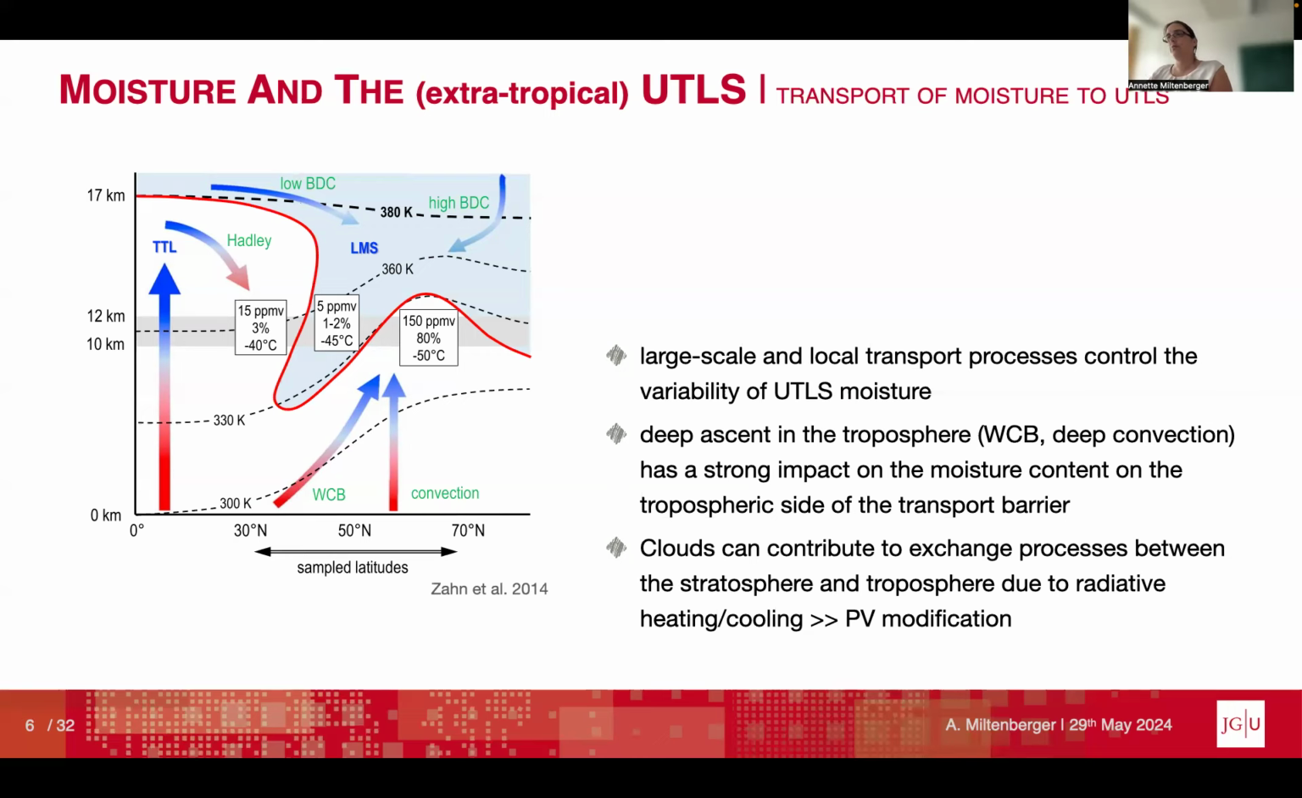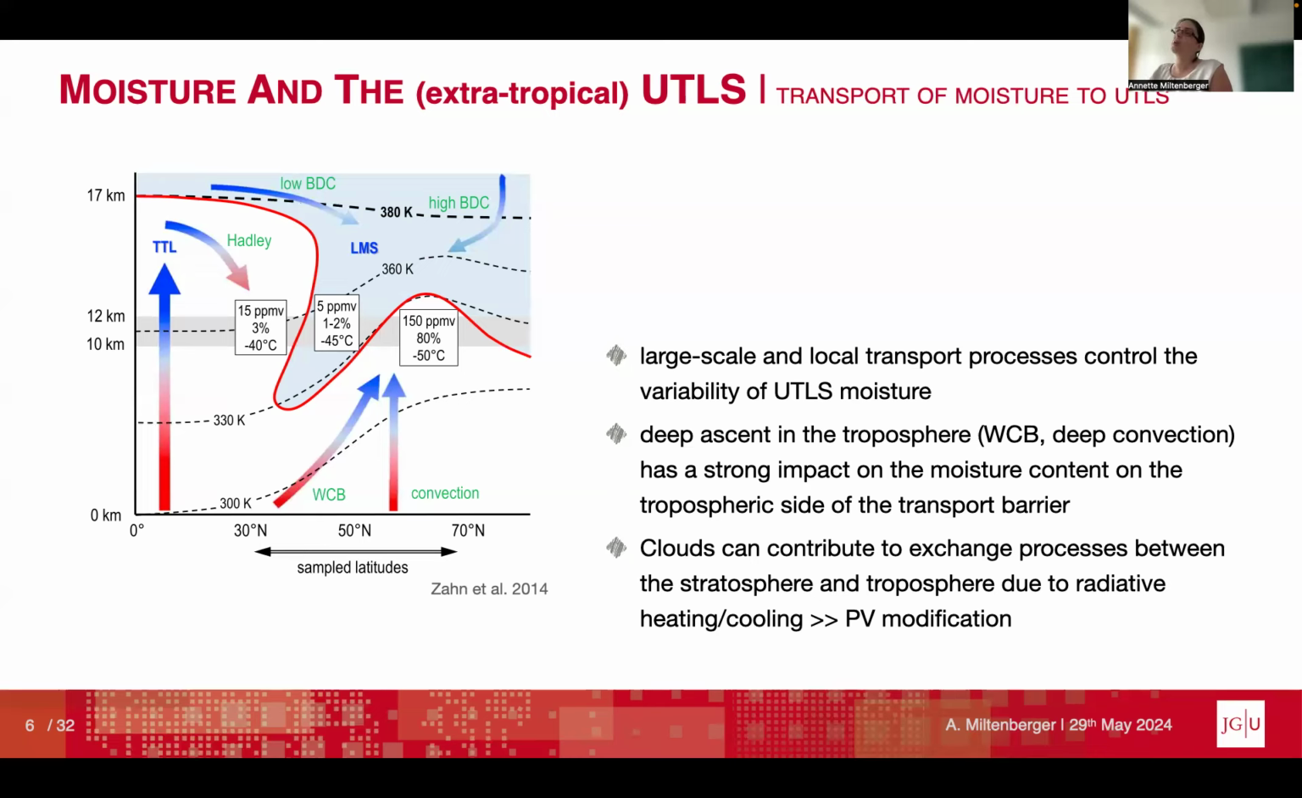So this is a schematic from a 10-year-old paper by Zahn et al. And that shows you a part of the extratropical UTLS, which will be the focus here, and the different large-scale circulations that impact the distribution of humidity in this layer. So coming from the tropospheric side, this is mainly the warm conveyor belt transport, so transport associated with extratropical cyclones,